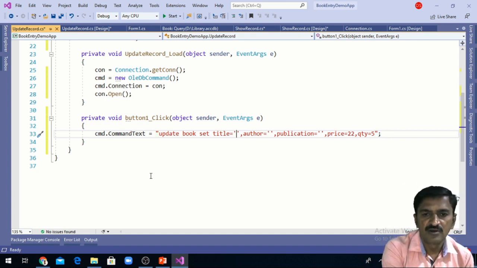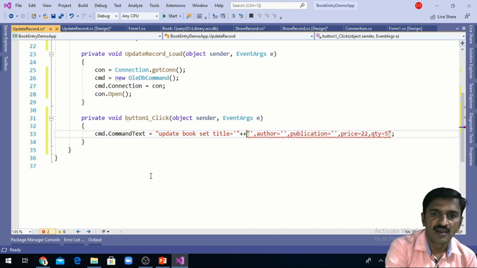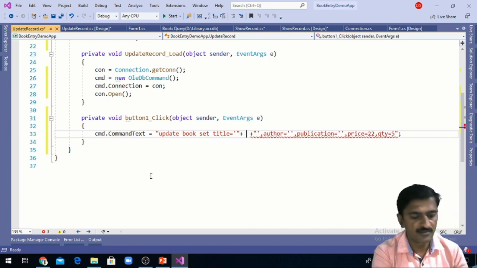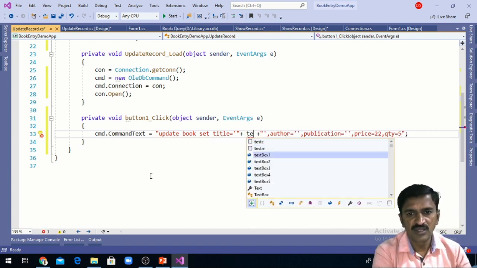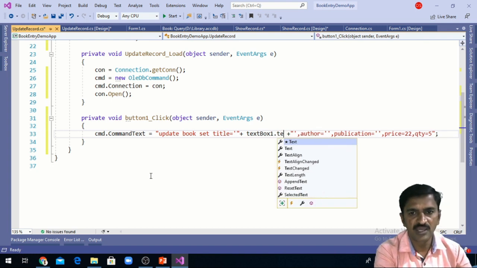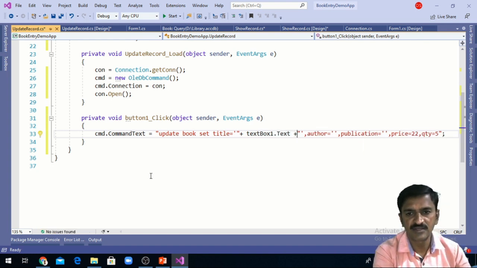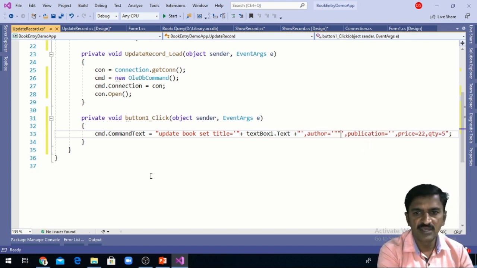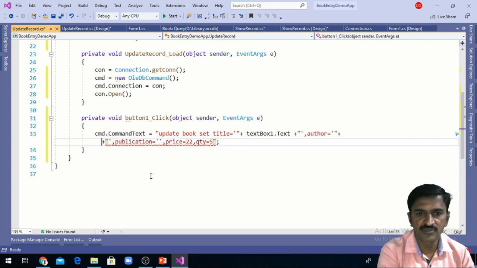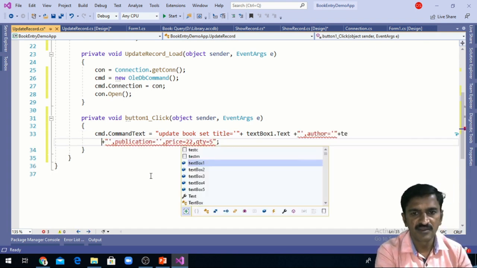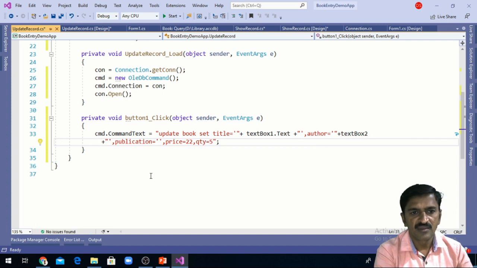Then as a title, whatever value is changed by the user in text box 1, I need to specify that value here. So the value that is there in text box 1, I am specifying as the title, and the value in the second text box, I am using as author dot text.